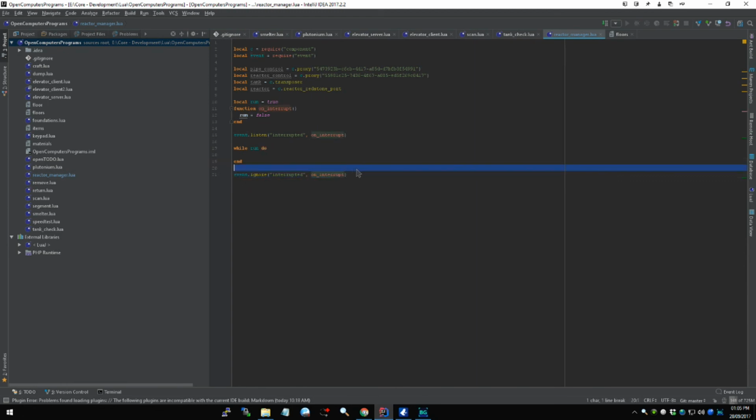And if we don't have this, while our program isn't running anymore, and we would be returned to the command prompt in OpenOS, this function would still exist on the system and would still listen on the interrupted event. So when we press Control-C, it's going to keep calling this function. And while in this particular case that wouldn't really do anything, but if we, for example, had a